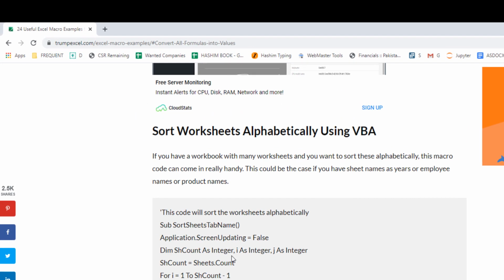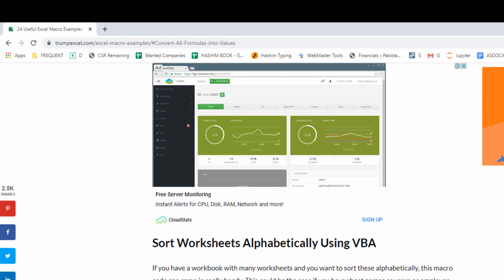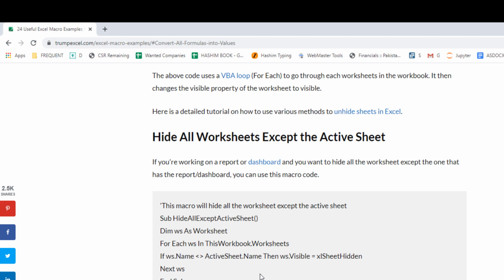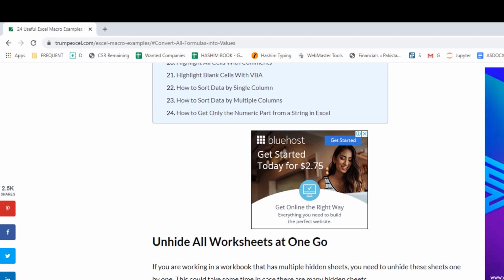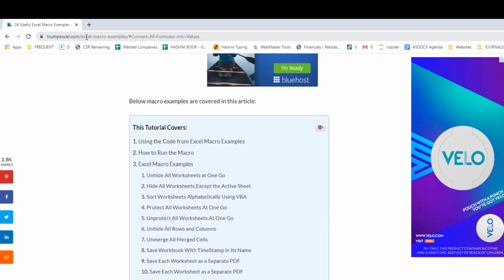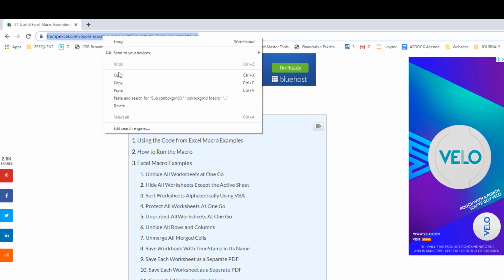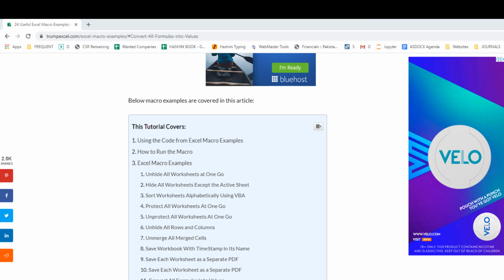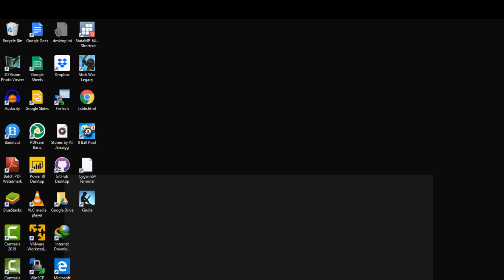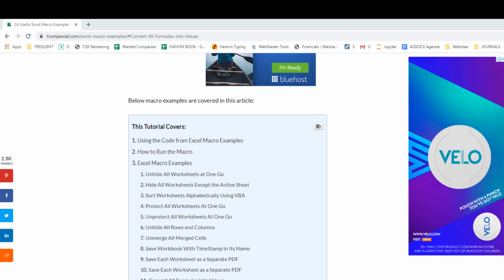And the name of the website is funnytrumpexcel.com, and it has some useful macros which you can copy and use. So let's use a few of these macros. If you search Excel macro examples, 24 macro examples, it will give you this page. I'm just copying the website link and pasting it in the chat room so that you can quickly get it.